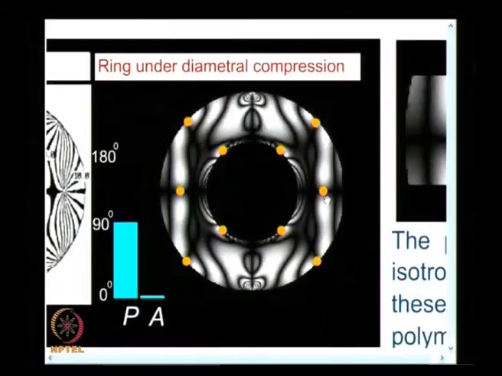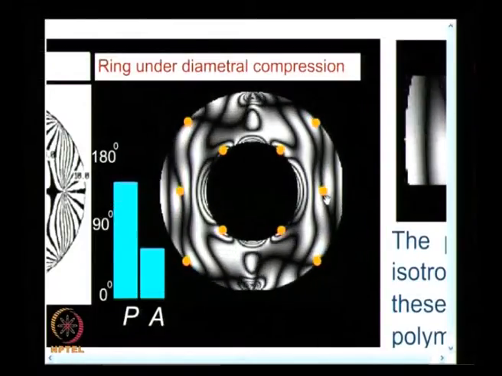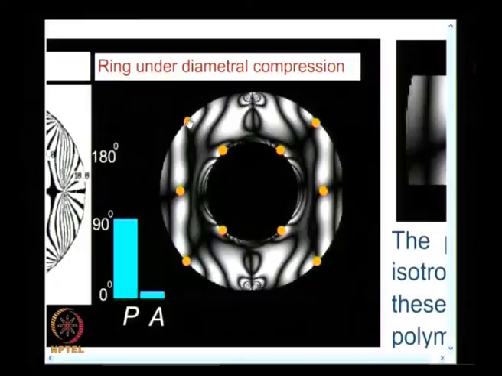See, the definition of an isotropic point is where all the isoclinics pass through. In fact, I had given you this as a home exercise, where the circular disc is so special. I said the isoclinic will meet the boundary at what angle. So, each point on the boundary you will have one fixed isoclinic meeting, whereas in an isotropic point all isoclinics pass through.